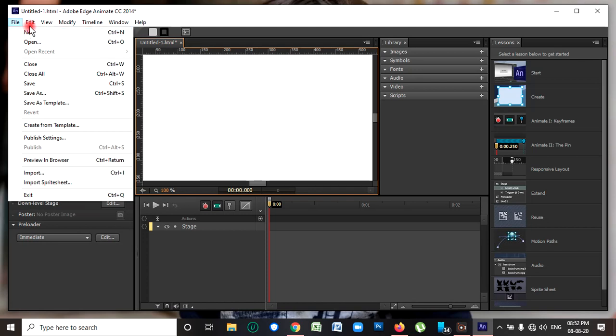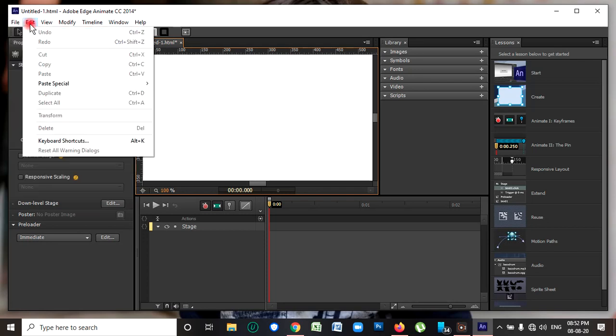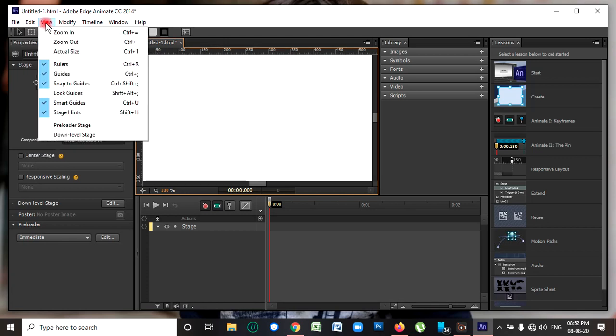Okay, the next option is Edit. In the Edit option we can view Undo, Redo, Cut, Copy, Paste and Paste Special, Duplicate, Select, Transform, Delete and Keyboard Shortcut. These are the options present in the Edit menu. And the View menu. In the View menu we are going to see Zoom In, Zoom Out, Actual Size, Ruler.